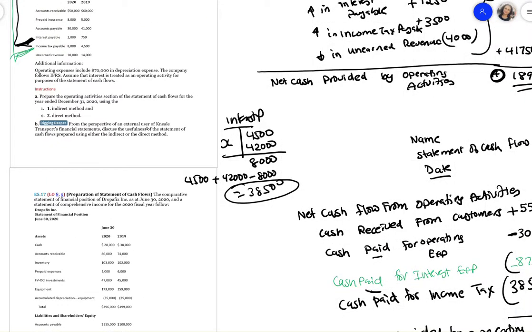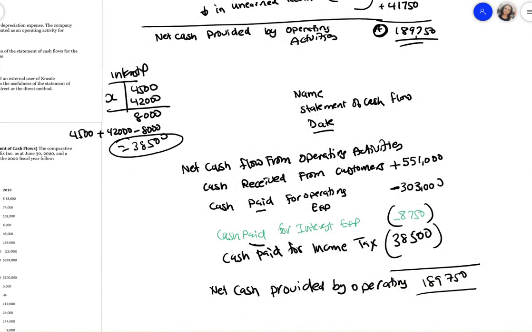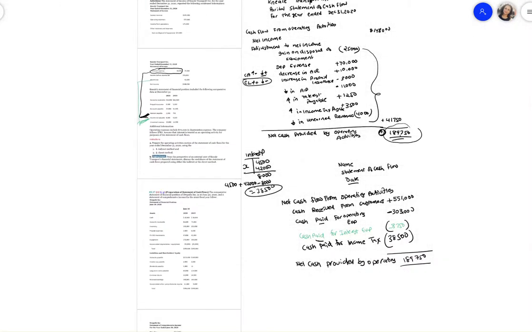perspective of the external users of Canali Transportation's financial statement, discuss the usefulness of the statement of cash flow prepared by using either the indirect or direct method. Now, if you look at it, the numbers are going to be the same regardless of what method is used, direct or indirect. We had the same number under the direct method, same number using the indirect method. So that doesn't change. The only thing that changes is why